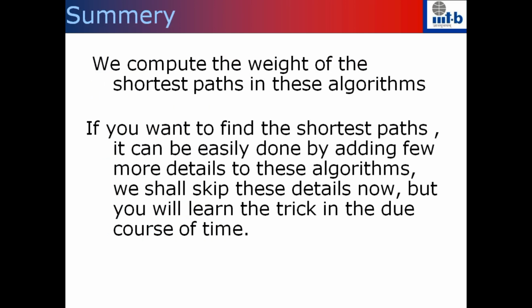The summary is that we have seen three algorithms, two for single source shortest path, one is Dijkstra and another one is Bellman-Ford. Dijkstra is very efficient, but you can only use it when there are only positive weights. Bellman-Ford is order n into m, and we have also seen Floyd-Warshall, which is order n cube, but it computes the all-pairs shortest paths. This is also a good example because these three different algorithms use three different data structures, namely the adjacency matrix, adjacency list, and edge list representations.